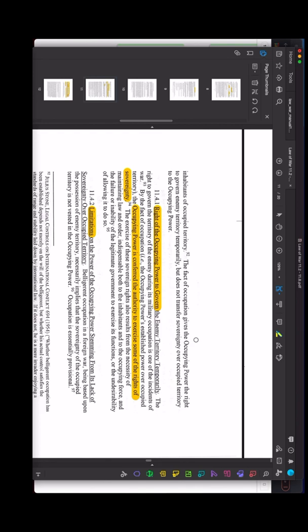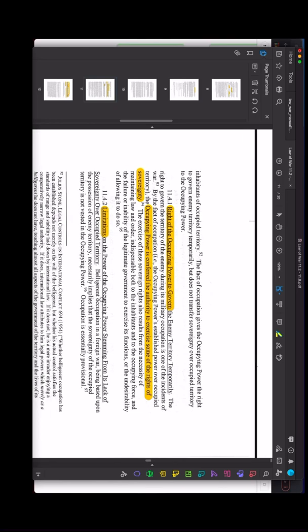So as long as they are holding the occupation, they actually have a legal right to govern. And some of their governing authority gives them some of the rights of sovereignty, but later on in this it explains exactly where to draw those lines, and some of them are right here. And this describes the limitations on the occupancy, okay?